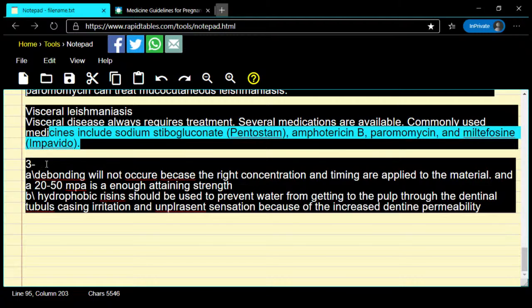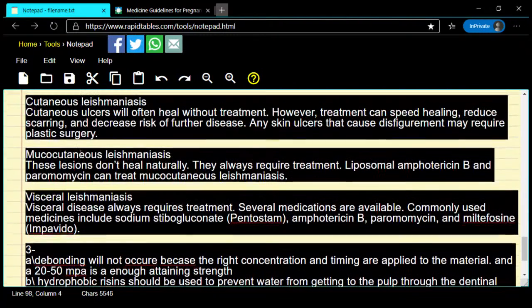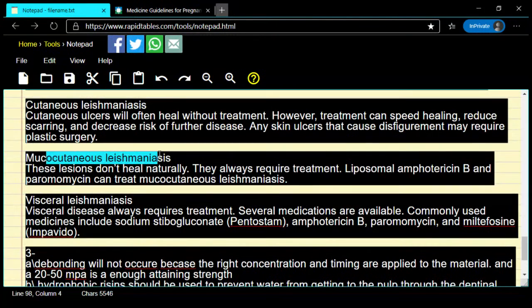These are for the visceral leishmania and the mucocutaneous leishmania